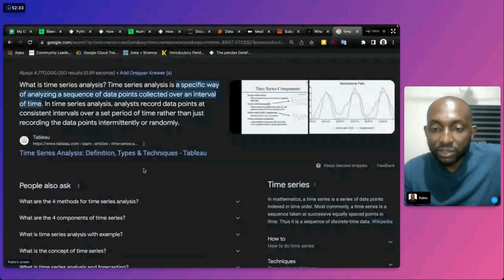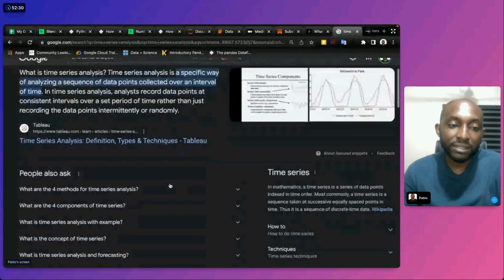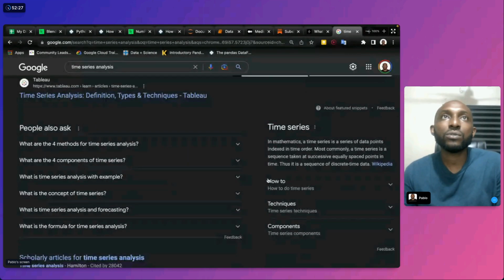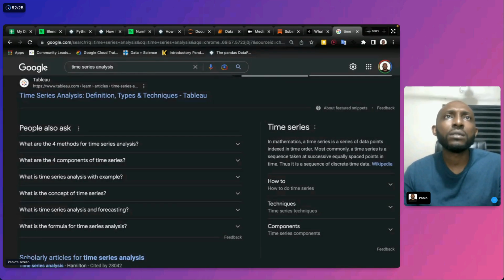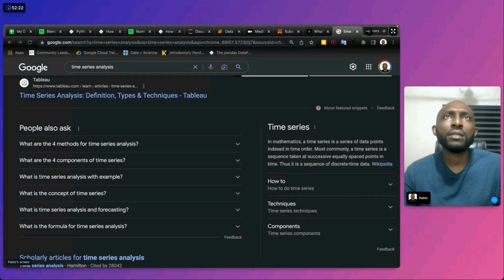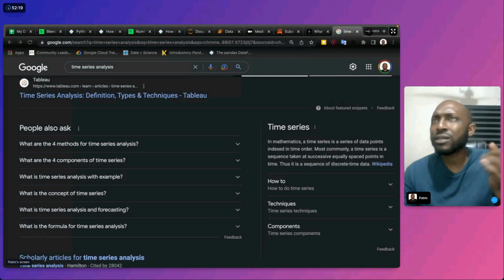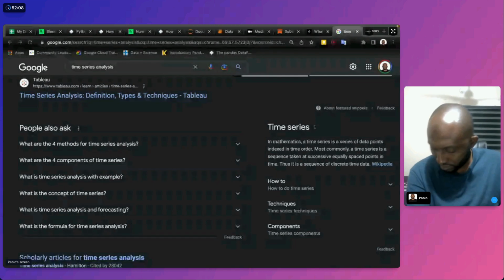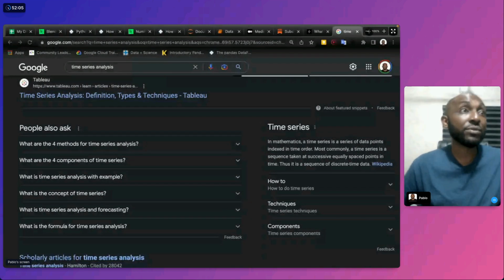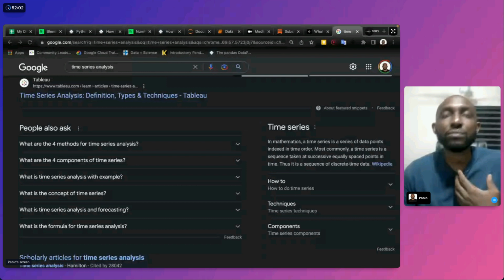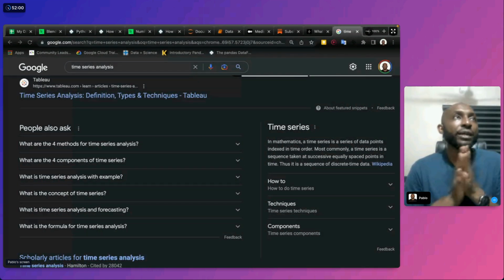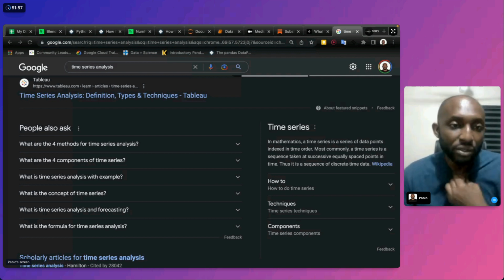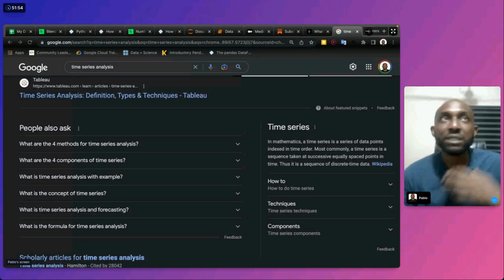Time series is also a huge thing in data analysis. I think it's an aspect of economics, if I'm not wrong, econometrics or so. Time series is also huge in risk. You can use it for forecasting and a lot of stuff, and it's in Python too, and you can use it to do your analysis.